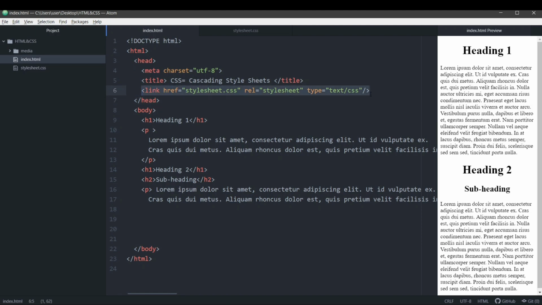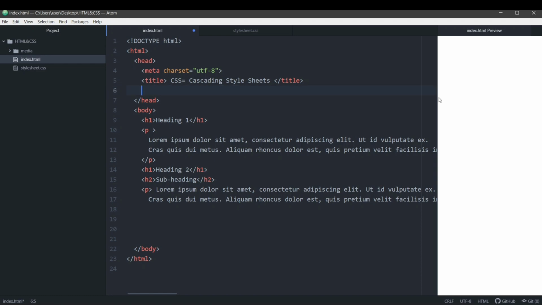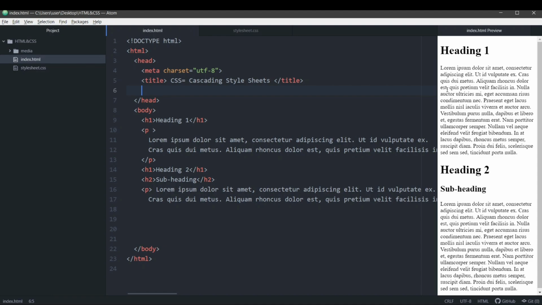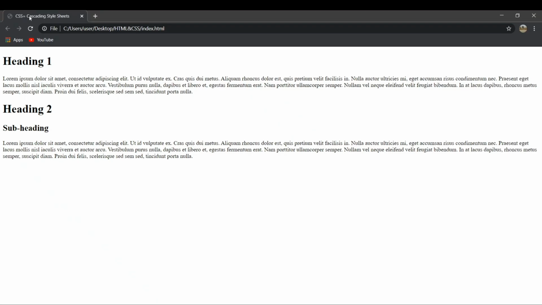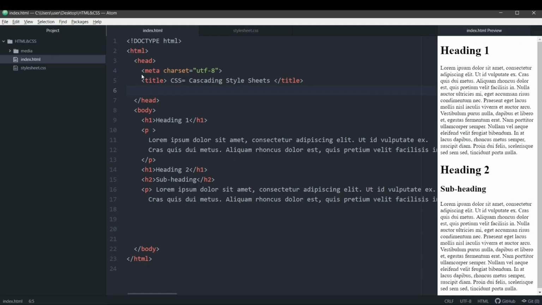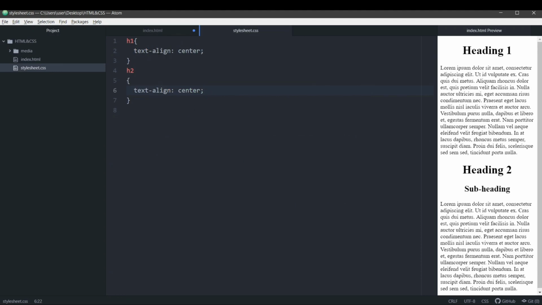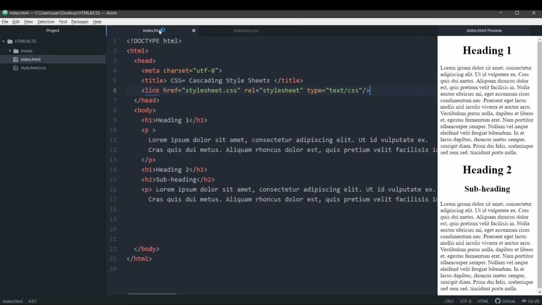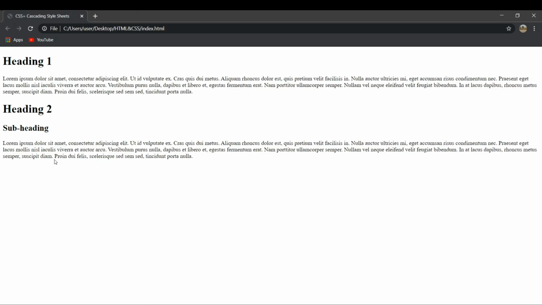And now you might have seen that before adding, I'll just cut this out. Wait a minute. I'll cut it. Let's open it up in a browser. I'll refresh this. You can see that this is how our page looks. And now let us link our style sheet here. Okay, and you can see that these are the changes. Our h1 and h2 should appear in the center. This is what we want. Okay, we'll save this. I'll refresh this. Now you can see that our style sheet works.